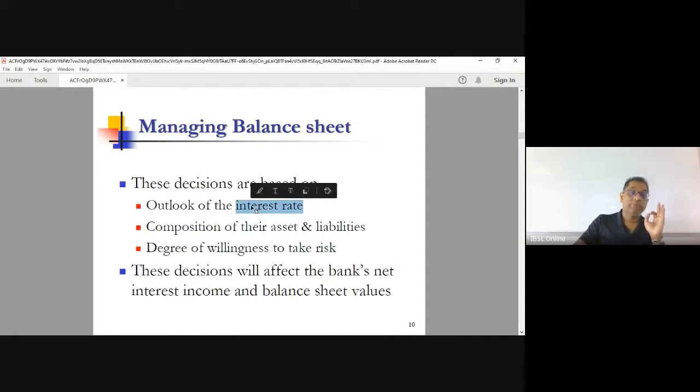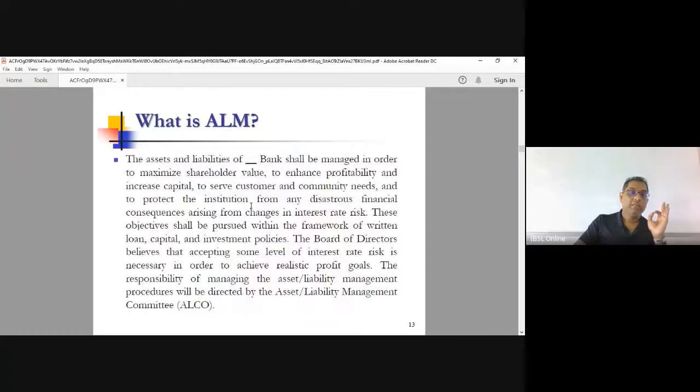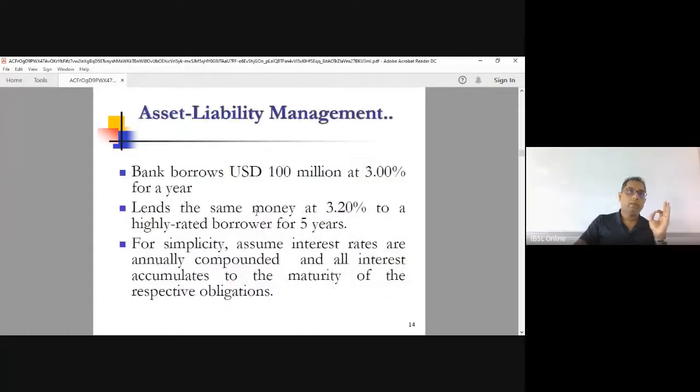Two parts of what we spoke about will also then tell you, okay, is this a good time for me to fix a lending to a client? Because I feel interest rates are going to come down further. So I'm going to fix at 3.2 because I feel next year rates are going to be 2%. And I'm not going to borrow for 5 years. I'm going to borrow for 1 year. I'm going to take a deposit for 1 year. So that view